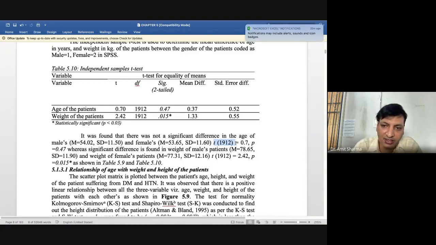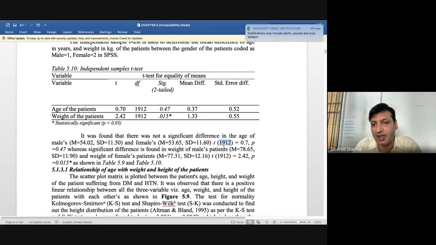See, other examiners, those who have general or a little knowledge about statistics, by seeing the degree of freedom, they are able to find out which test you have applied, whether you have done some plus or minus with the test or not, or what your sample size was. For example, here I have got a value 1912, so I can assume that my sample size was 1914, so n minus 2 I should get this value only, 1912.